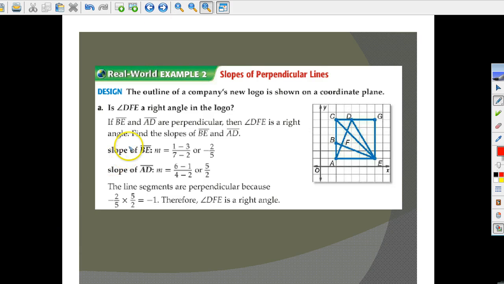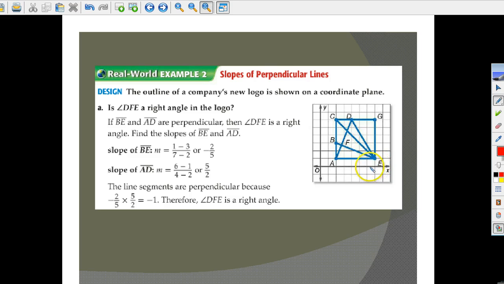Okay, so here's a real world example 2. Slopes of perpendicular lines. Design. The outline of a company's new logo is shown on the coordinate plane. So here's a new logo. Is the angle DFE a right angle in the logo? Look at DFE. Okay, so this angle here, is that